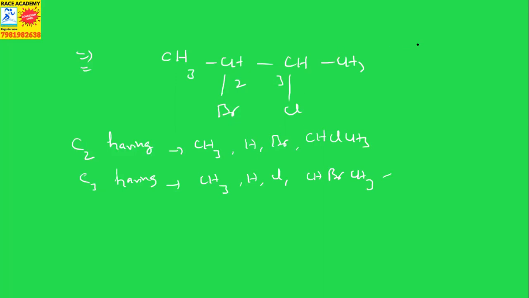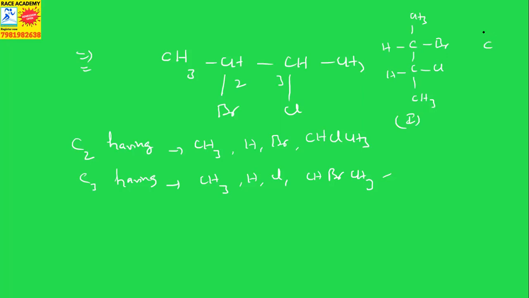So first one, if you write the carbons like this, two carbons, CH3, and another one is CH3, and we can openly write the structure. We can open the structure now. This is the structure. This is the first structure.